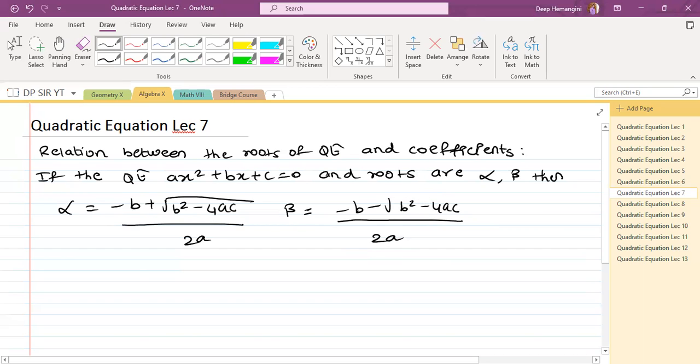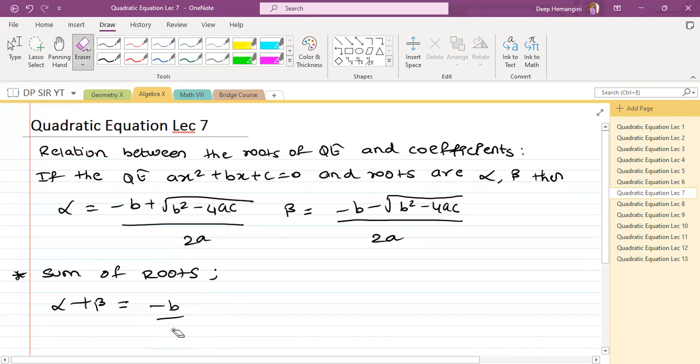I don't know why it's going tilted, but okay, pretty good. Then you need to always remember the sum of the roots, that is alpha plus beta. This will be useful when we solve questions. The roots here are alpha and beta, so alpha plus beta is minus b by a. I don't want to waste time solving this entirely. Proof won't be asked.